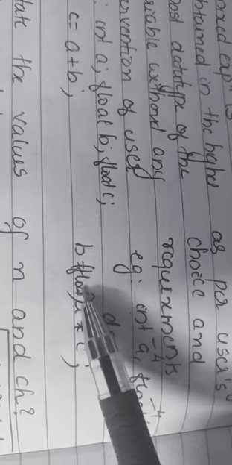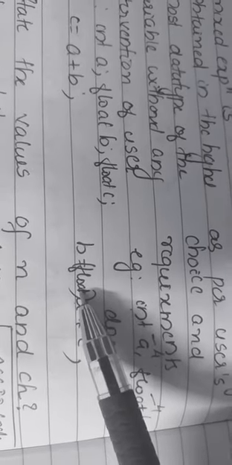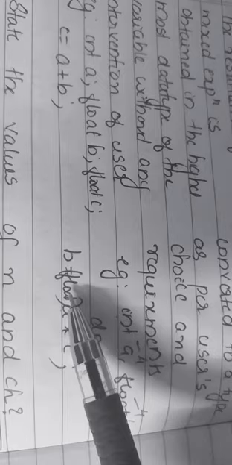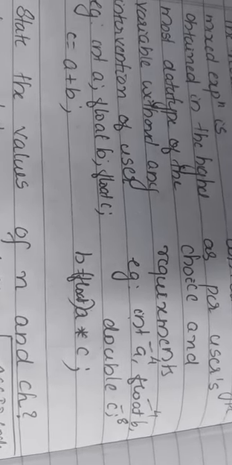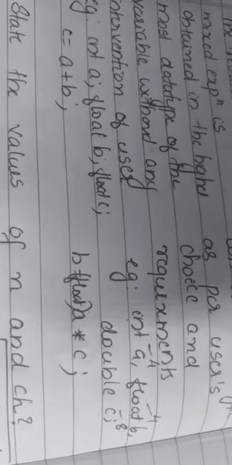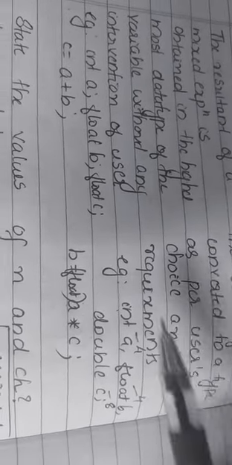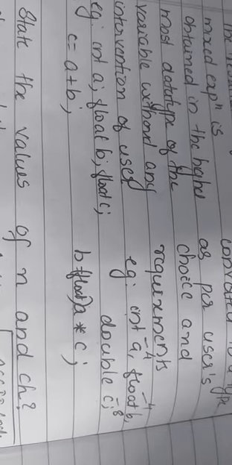But in the second case, here you can see that the data type float is declared inside brackets. So this is done by the programmer. So this is an explicit conversion. So it's very easy. When you see an expression, you can easily say which is implicit and which is explicit. Suppose if a data type is declared inside brackets, you can easily say that it's an explicit conversion. Otherwise it's implicit. So this is very important.